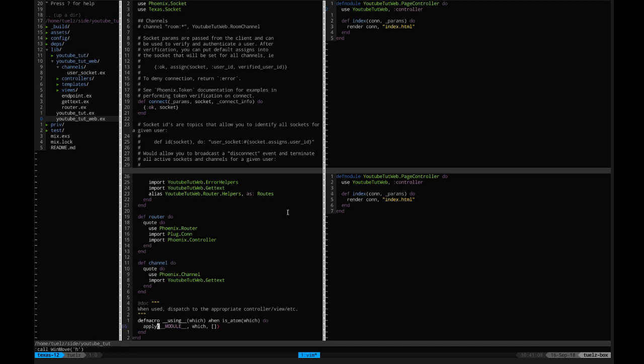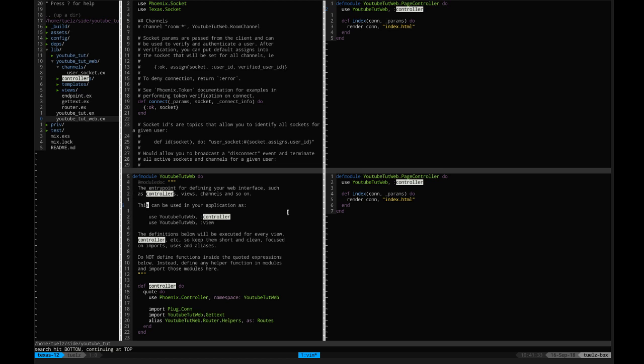So it's going to apply, which is a function that takes an MFA, a module, function, argument. So the module is this module. This is at compile time, this syntax gets changed to the current module you're in, which is that controller thing that we're passing right here, and no arguments. So which is controller, so we'll go to the controller function that's going to execute, and this is what it does. It puts another using statement into the controller context. It imports Plug.Conn, imports this. So we're just going to go ahead and import